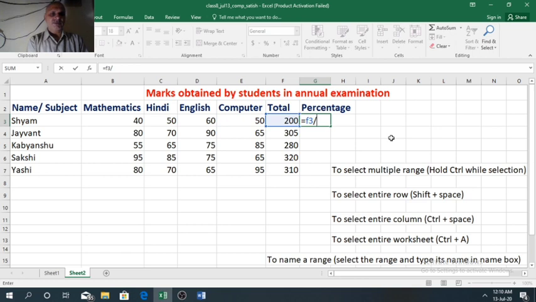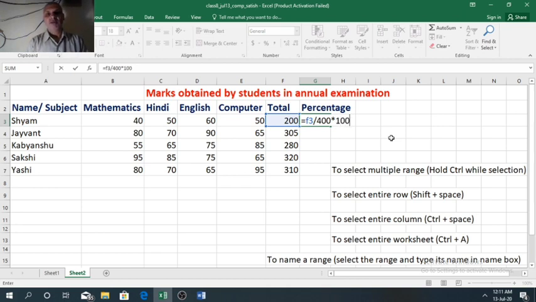We have covered 4 subjects here. Out of 100 we have all the marks. So for 4 subjects total marks will be 400. So here we will enter 400 into 100. This is the formula.